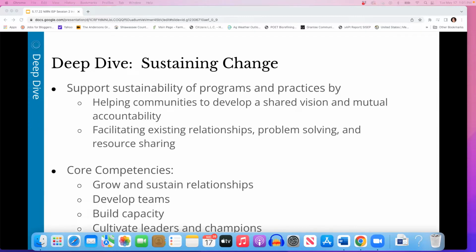We often hear also talking about absorptive capacity. So as they learn new things, can they absorb that learning into their skill sets as they go forward? And then cultivating leaders and champions. There's been a lot published in the last 2 years around the roles of champions and leaders in the necessary activities that are needed within implementation.